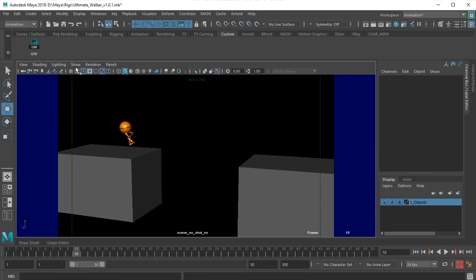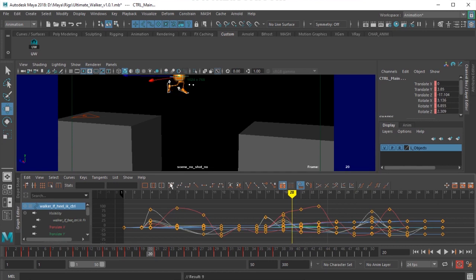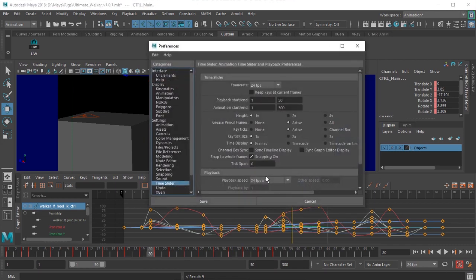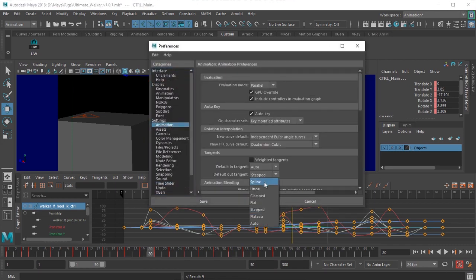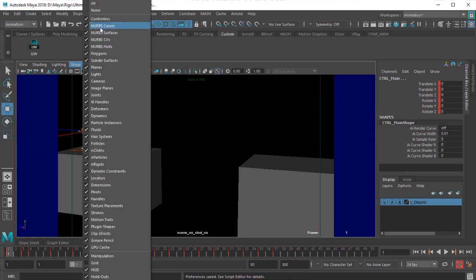So I just, here when it is in the middle of the air, oops. I need to select the controls and see again, there is a problem. I don't know why this is happening. I'll just change this animation tangency to auto. Maybe that's changing it. So I just switch this to